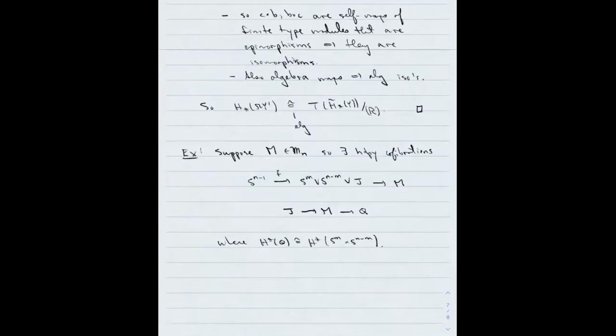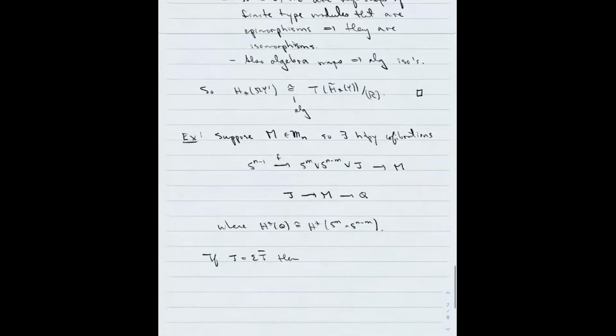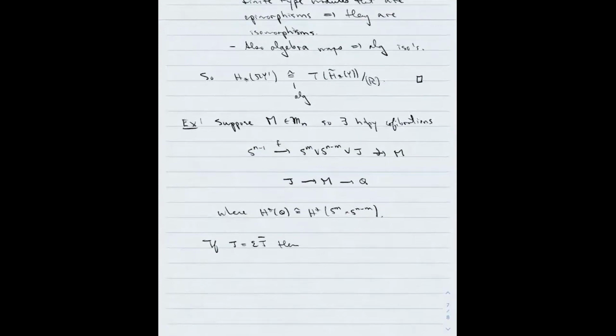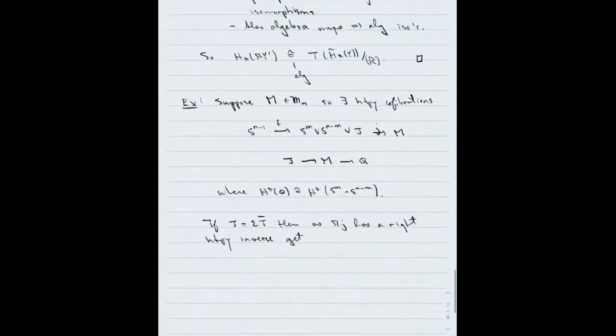To apply the previous theorem, we want a map of suspensions, which doesn't itself, the map doesn't have to be a suspension, but the domain and the range have to be. So we need an extra hypothesis that J is the suspension. So if J is the suspension of J bar, then what else? We also know that the loop on this J has a right homotopy inverse. So we get an algebra isomorphism